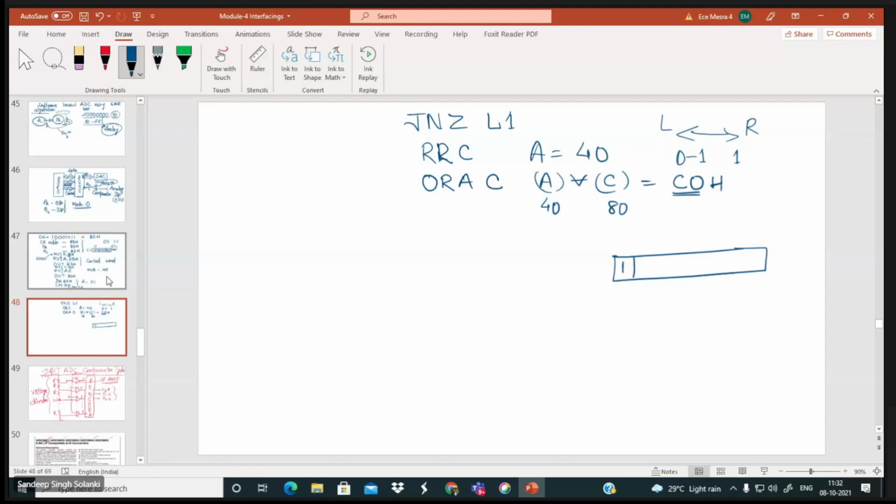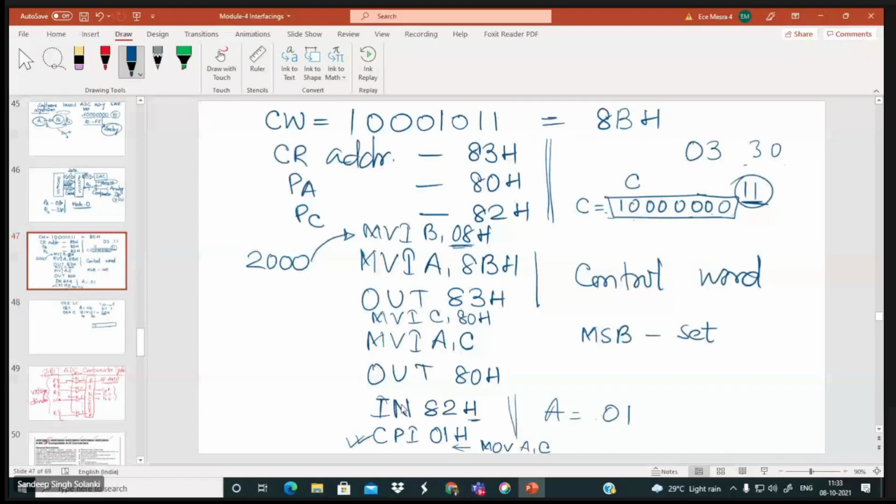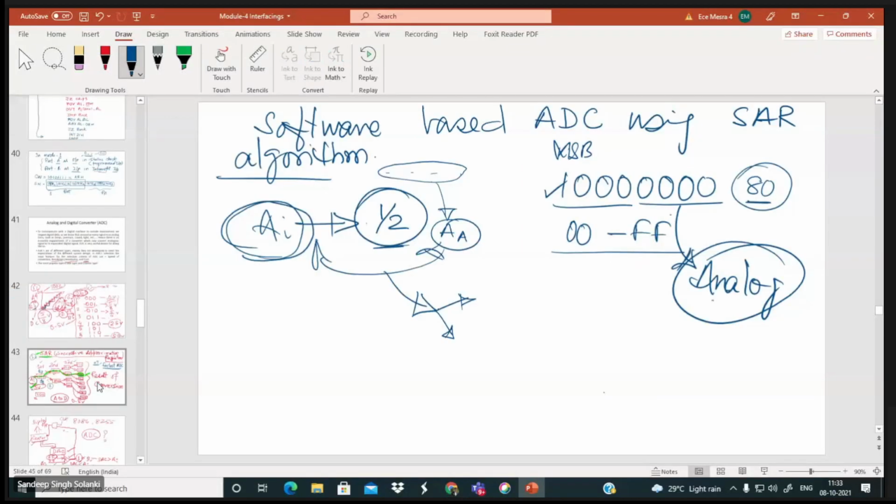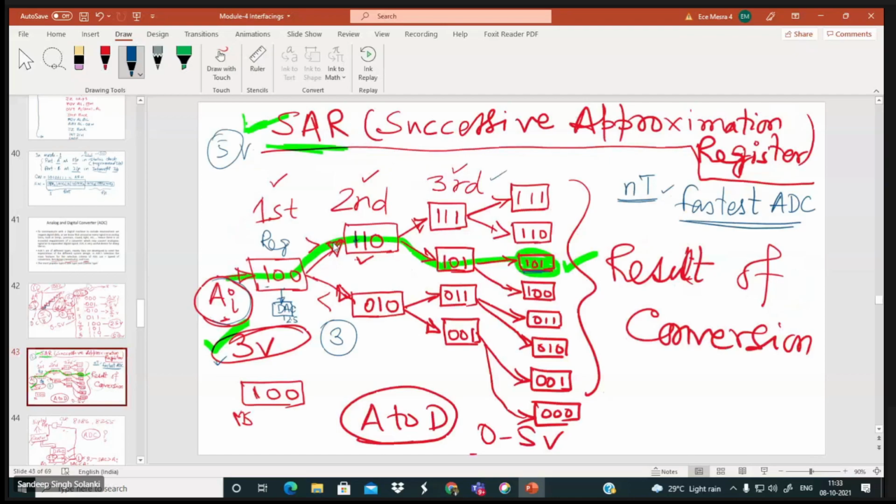Comparator decides whether you will remain with this or you will reset this. Is it correct? Is it correct or not? You people are not picking up the logic. Tell me. Sir, I didn't understand. See, come back to this diagram again. So tell me, what is this diagram? This is the C register, which I am talking about right now.